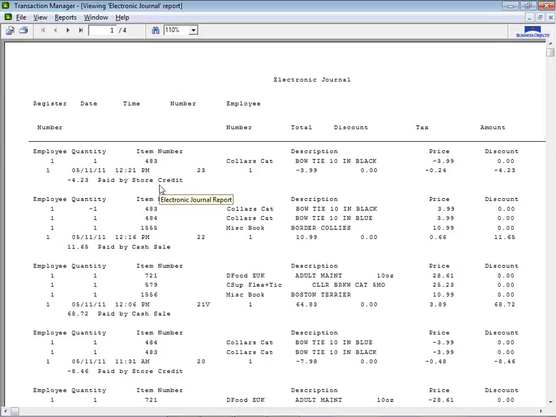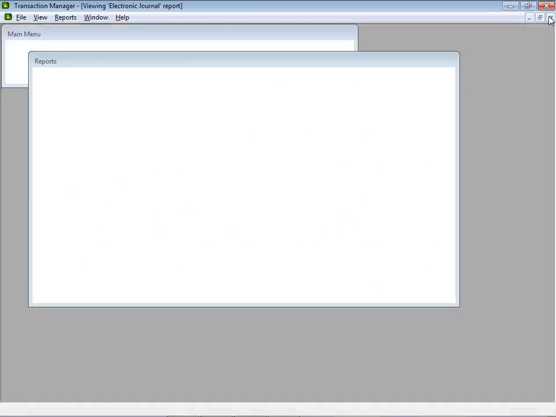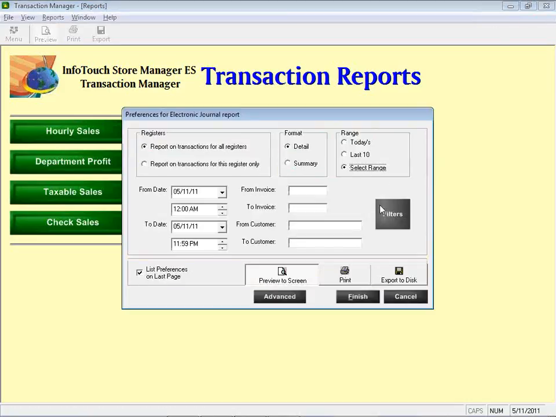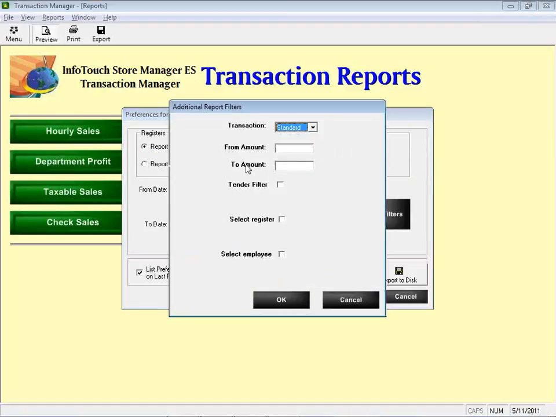Suppose I wanted to just take a look at my return sales. Turns out that there's another way. There's a way to do that right here in the electronic journal again. It's part of our filtering option under Select Range. And the trick here is to put in a negative number. So you notice we have a from and to amount in the filters, as well as the tender type used, the register it was made at, and the employee. But in this case, if we put in a to amount of minus a penny,